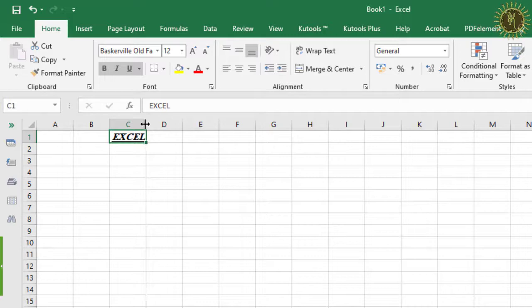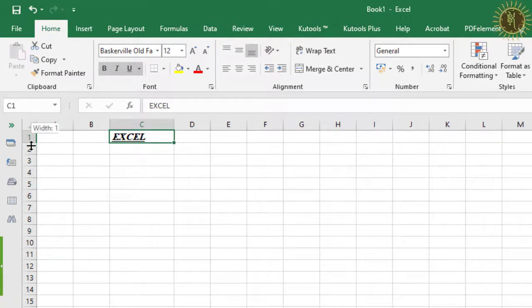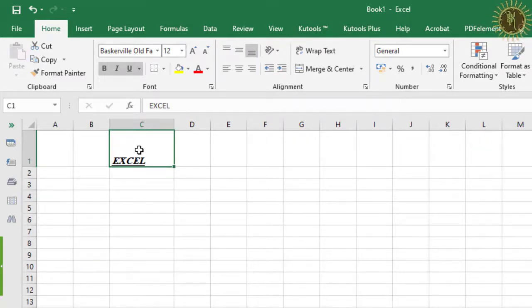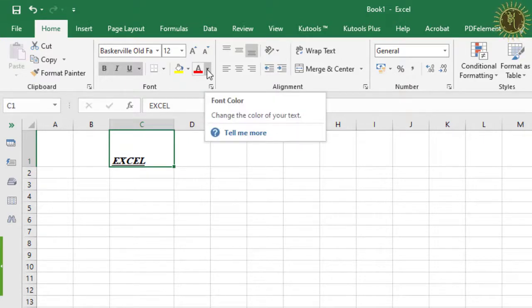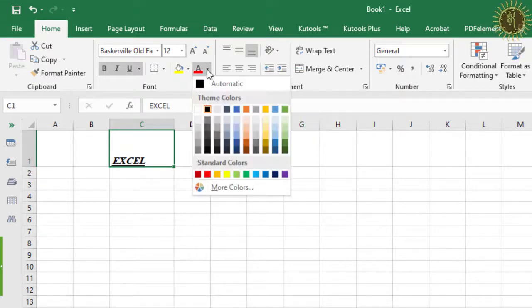Like this you can see it is bold, italic and underlined. Also you can apply a color to this text. You can change the color. Just move to this font color icon and the drop down list and from here you can change the color.